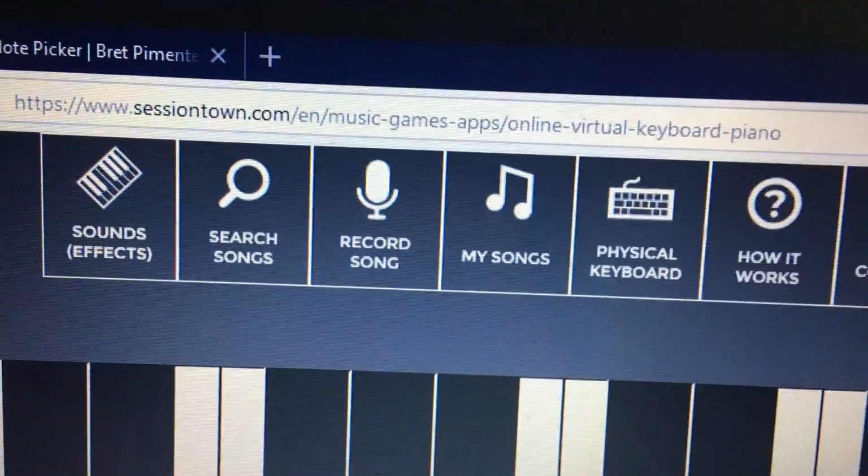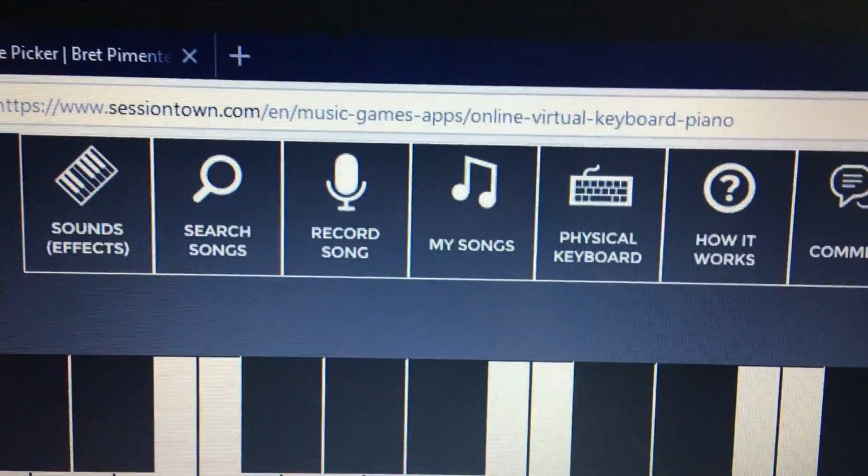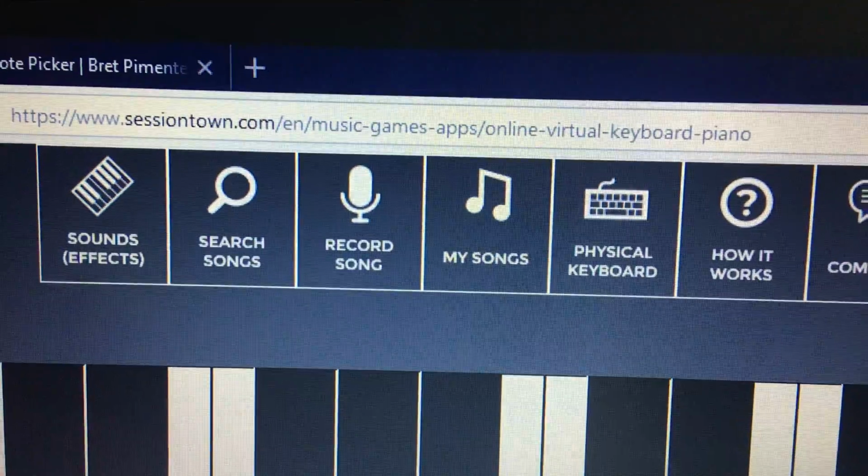If you type in Session Town virtual keyboard, you can find this keyboard too, and you play it on your